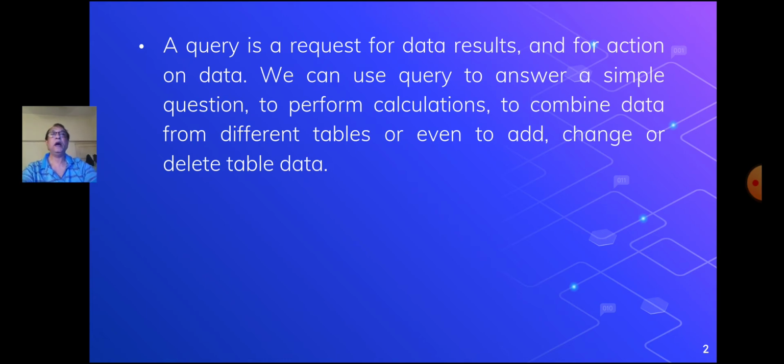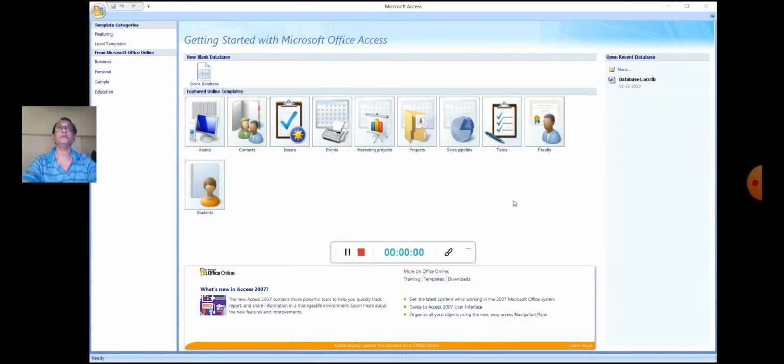Now let us see how to set a relationship between tables. To create a relationship, make two tables. One with the name students table that holds information about students such as roll number, name, class, address, and the other with the name marks table that holds the information about the student's roll number, marks, percentage, and grade.